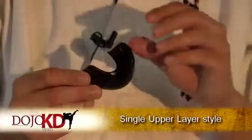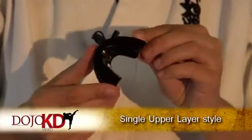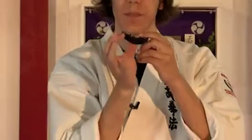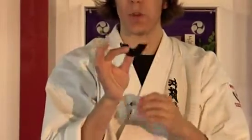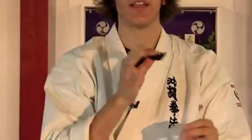The first decision you're going to need to make is whether to get a single upper layer or a double layer. Now, most people choose the single upper layer because it does protect you as you close the teeth. It balances on this piece of rubber on the bottom here, and it protects the front layer with this guard here. Now, in doing so, you're able to open your mouth as long as it's sized properly, and that enhances